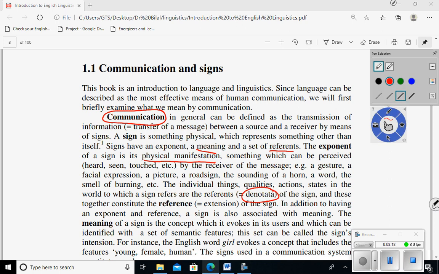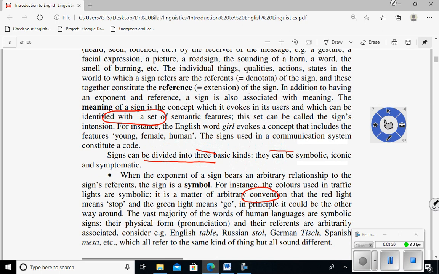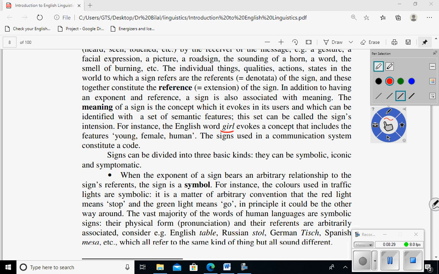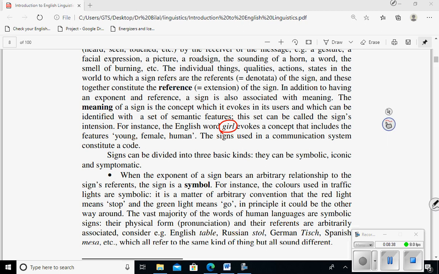Look at the example here. It is written for you that the English word girl evokes, gives you a meaning, a concept that includes the features. When you hear the word girl, or in Arabic, if you hear the word bint, for example, what does that tell you? First of all, it tells me that bint refers to